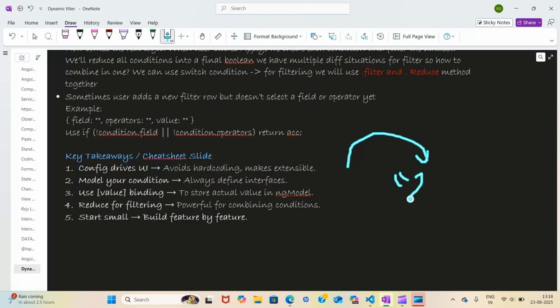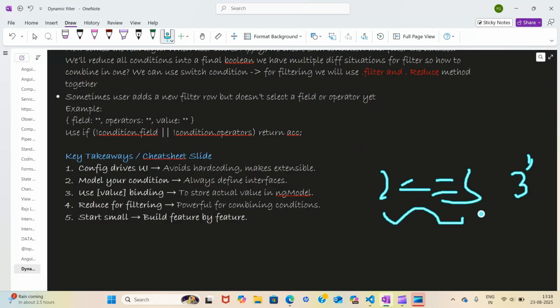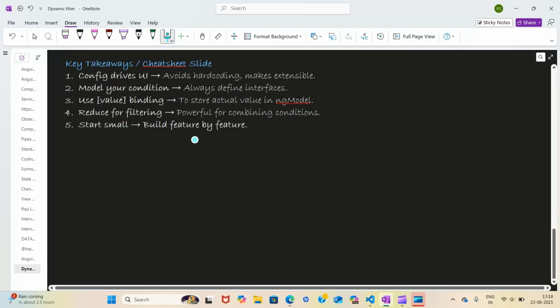Like string 2 is equal to string 3, or number 2 is equal to 3. These two are different. Depending on string and number, it will compare differently. For string, it will take string values, and for numbers, it will take the number. So with this, the value attribute is important to give.